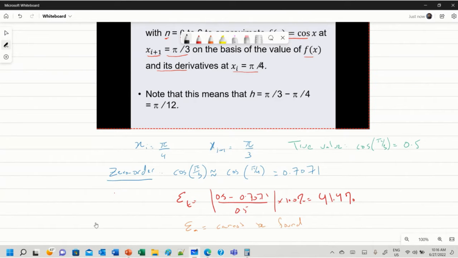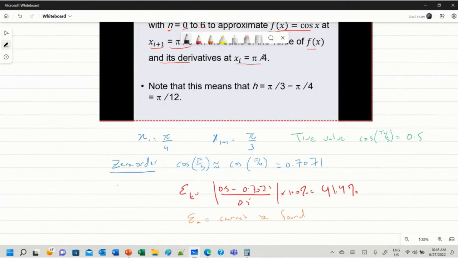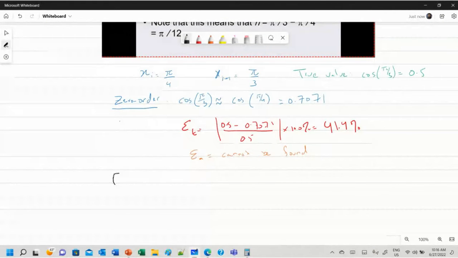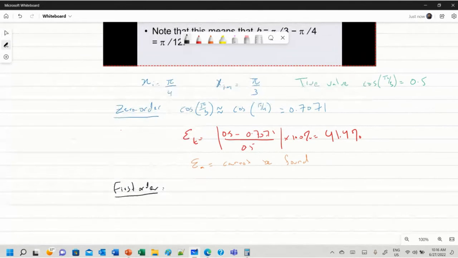So that was the zero order approximation. Then we have the first order, and the first order approximation says